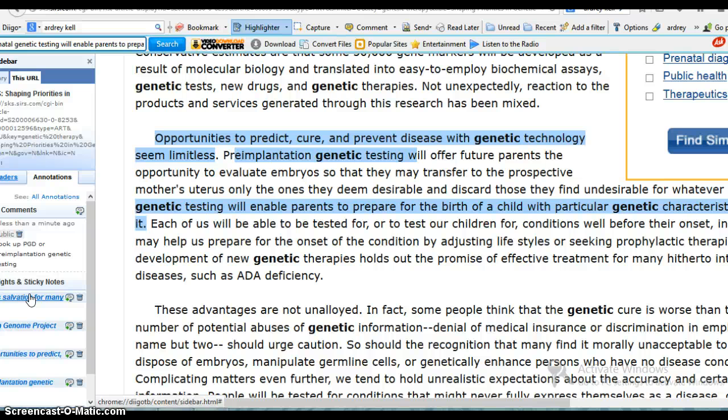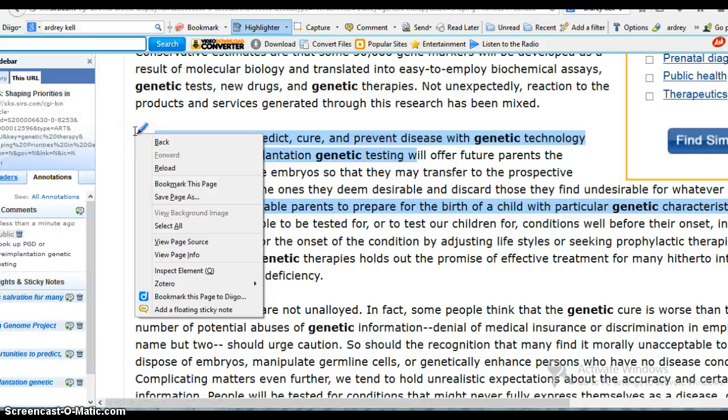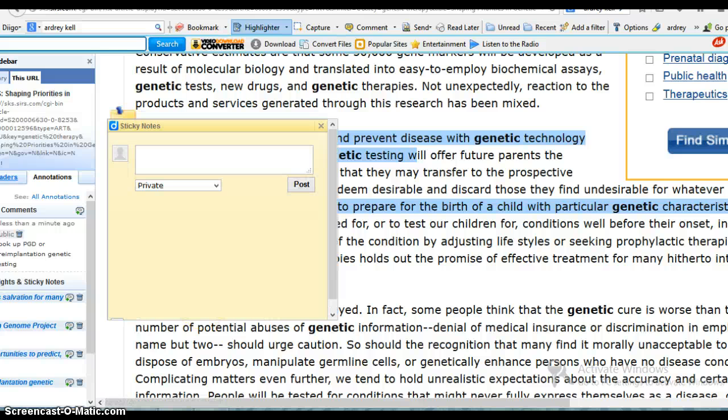I might be able to put a sticky note. I'm looking for the sticky notes, and I'm not seeing where they are. And they're up here. Maybe I just click it. Oh, there we go. Floating sticky note. So I can put it over there as a comment. I can add a comment, or I can put a sticky note on here that says, look up PGD, pre-implantation genetic testing, for further information,